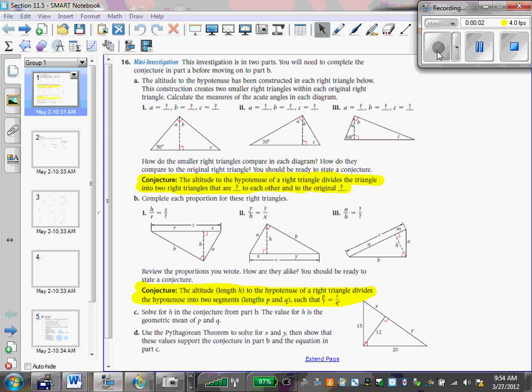Hi class, this is a mini investigation that you can find in section 11.5 on page 609. So 609 of your textbooks, there is a mini investigation. We are actually going to do this investigation in Sketchpad, but notice there are going to be two conjectures that we are going to write after we do the investigation. So if you will open up Sketchpad,